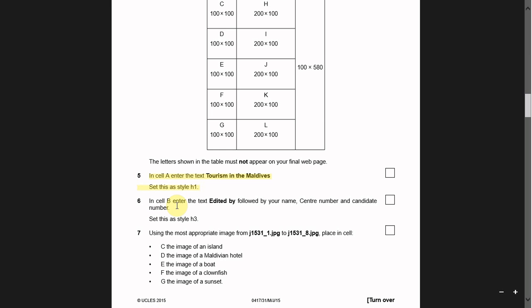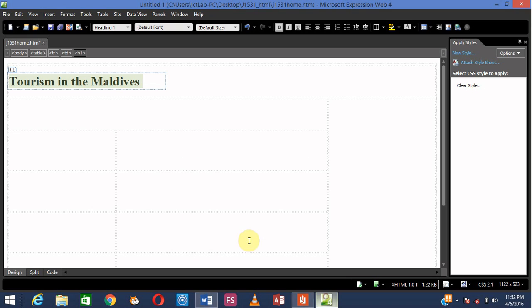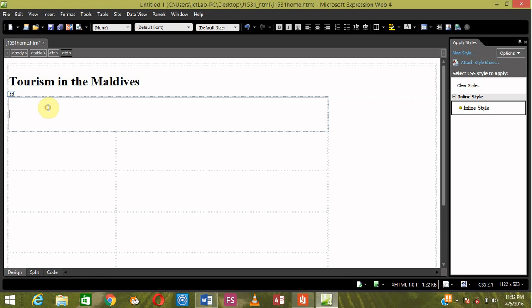So in cell B, enter the text edited by, followed by your name, center number, and candidate number. Set this as what? Style H3. So I mean, I think it's quite self-explanatory. So I paste that, and then